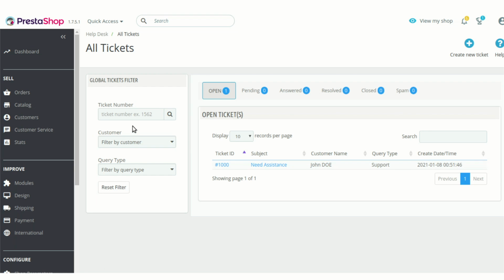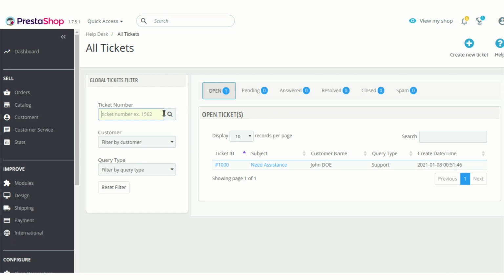An admin can also choose to see the ticket or filter these all tickets, in case, let's just say that this section contains more than 1000 or 2000 tickets. Then in case a customer wants to search any particular ticket and he knows the number of the ticket ID, that is this ticket ID which is being shown here, then he can simply enter that ticket number and